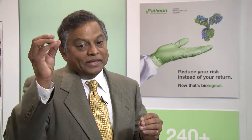Fed-batch versus perfusion, the productivity gains are real, simple and easy to understand. In a perfusion, you have high cell densities operating at high productivity for most of the perfusion culture duration, as opposed to a fed batch where you start with a low cell density, you let the cells grow to a high cell density, and also the period of high cell density production is relatively short, maybe 3 out of 7